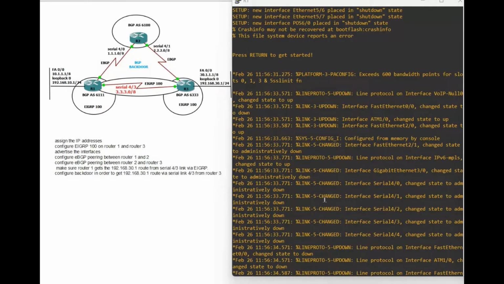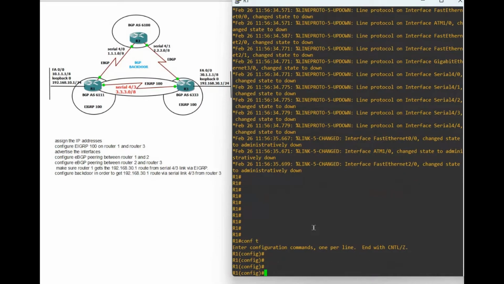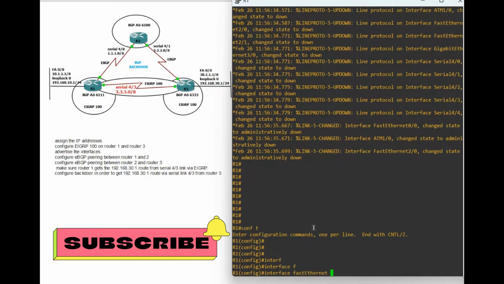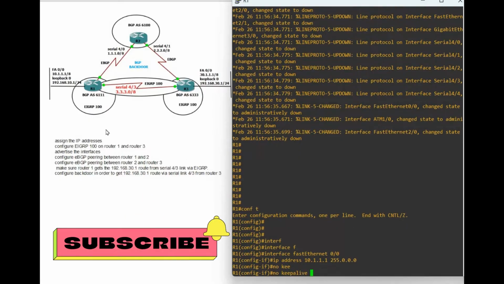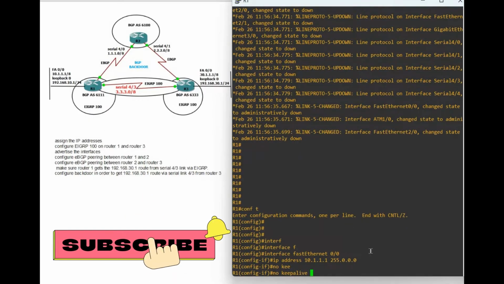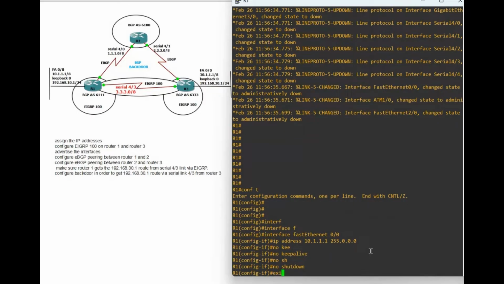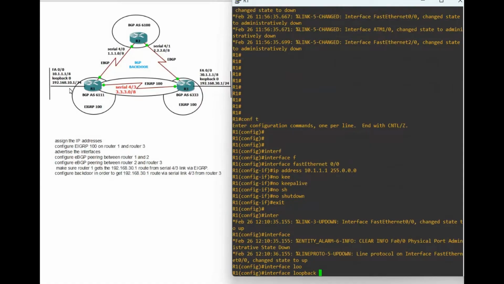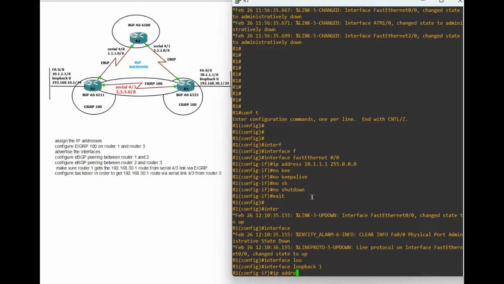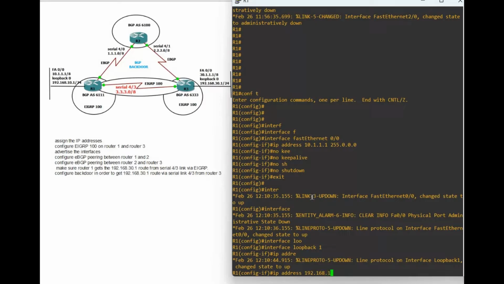So let's configure the IP addressing. Configure the IP address of the fast Ethernet. Interface fast Ethernet 0/0, and the IP address is 10.1.1.1 255.0.0.0. No keepalive. I'm using this command because I have not connected any devices. No shutdown, exit. Another one is the loopback. Interface loopback 1, and the IP address is 192.168.10.1